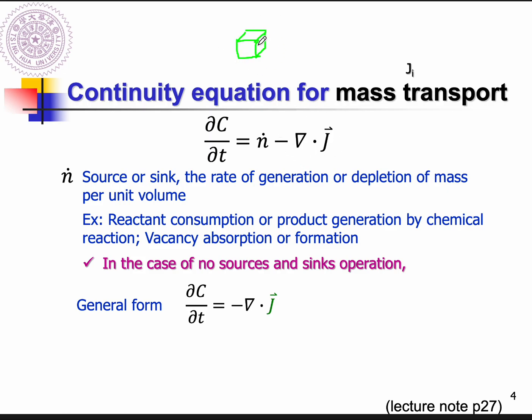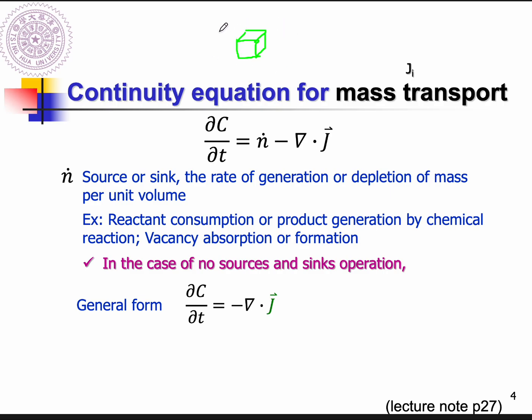So this is what we call a continuity equation, right? The concentration change rate inside this box equals the generation or depletion of these diffusing atoms plus the